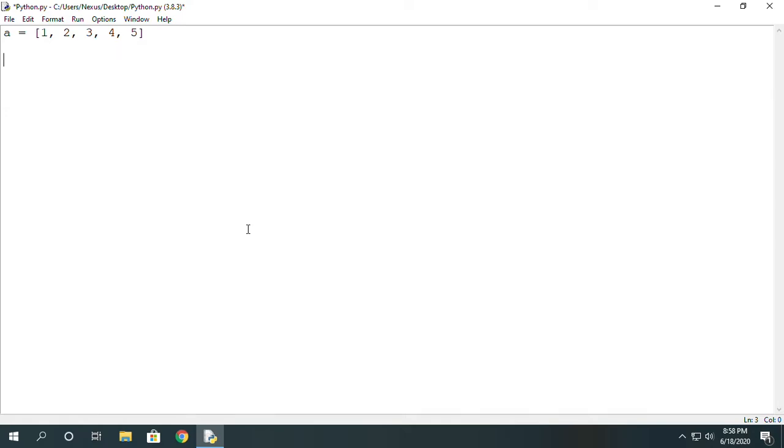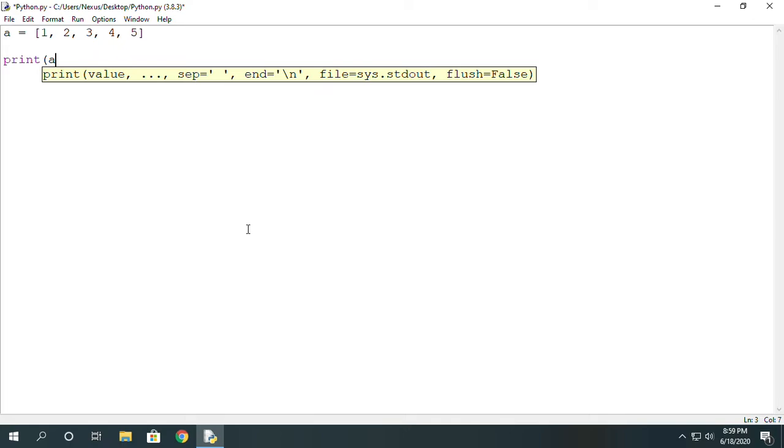So to do that, we can specify the range for the list to iterate over. So we can do this by, let me show you. Let's print A, and we are gonna iterate from 1